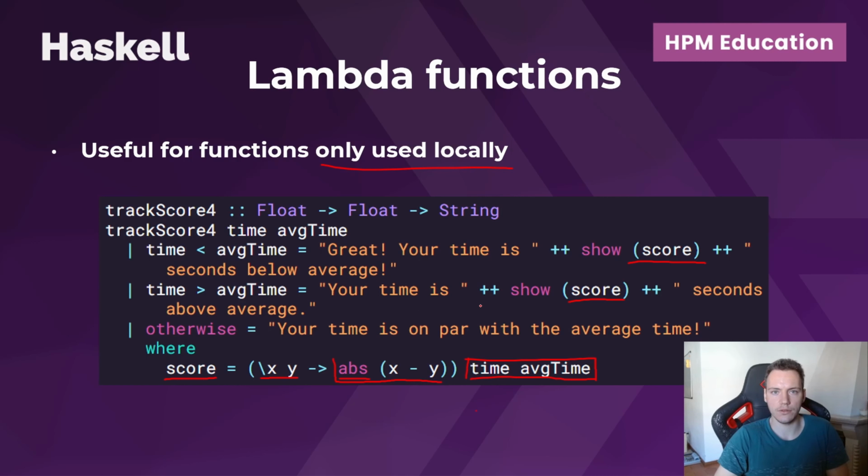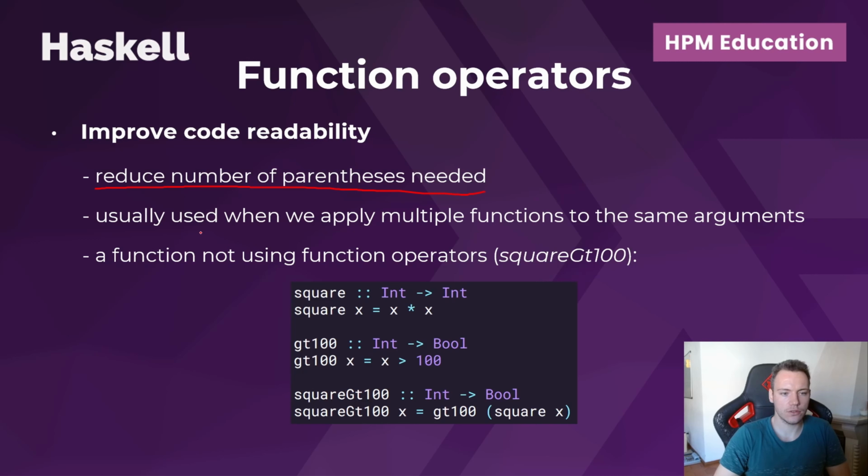So function operators are used to improve code readability pretty much. We can write Haskell code without them, but as we saw, a lot of the time we have to wrap things in parentheses in Haskell to give it explicit scope and to give the order of function applications. So with function operators, we can reduce the number of parentheses needed. And also, as we'll see, we usually use them when we apply multiple functions to the same arguments. We'll see that on the